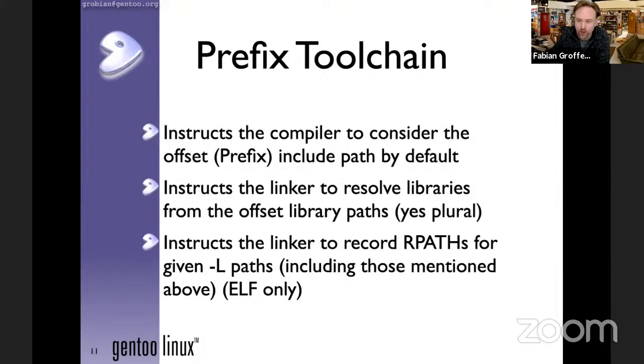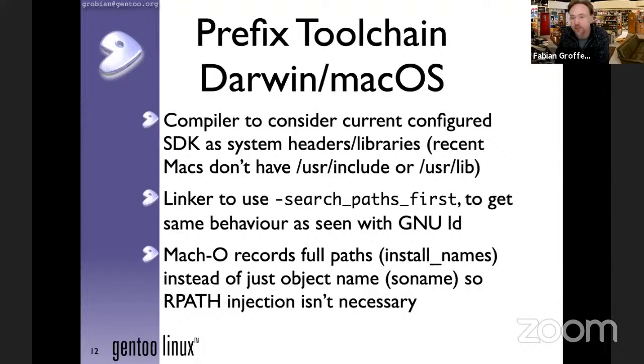This is all transparent, so the software that you're building doesn't see this happening. It doesn't know, which is good, because you don't have to fix programs or other software that you want to install, since it just works this way. And in most cases, this is indeed enough.